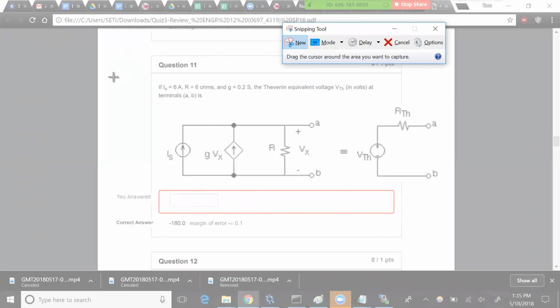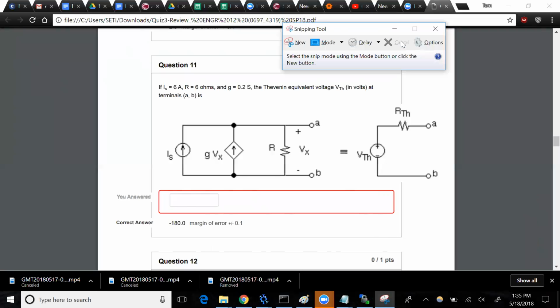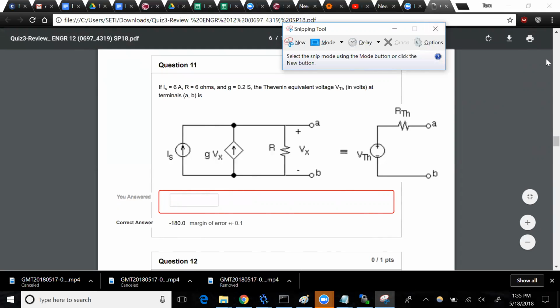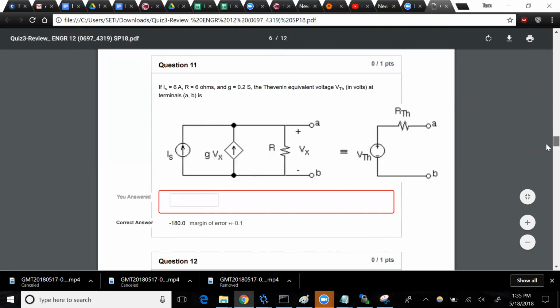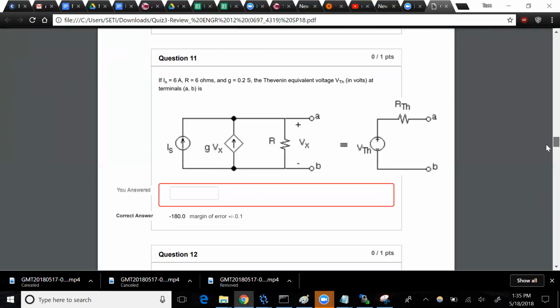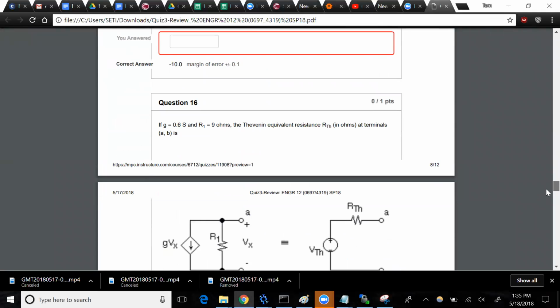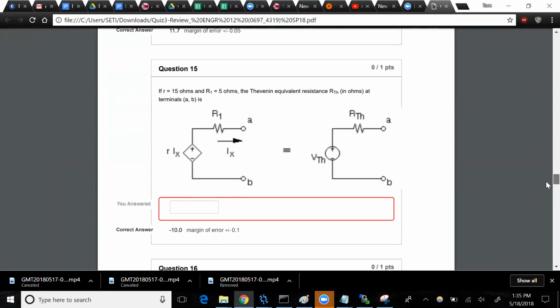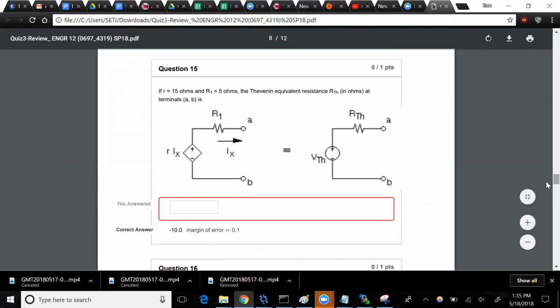I also got positive 2 for 15. Sorry, which one? 15. You got a sign error? R7 was negative. R Thevenin is negative 10. Yeah, and that's because if you put a